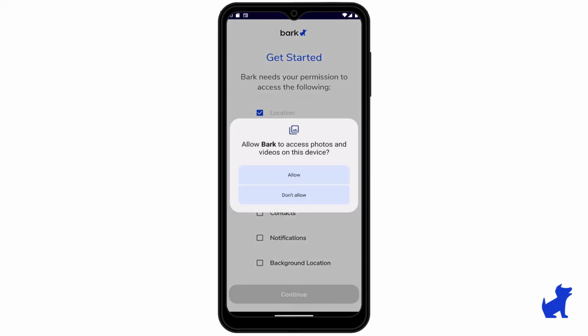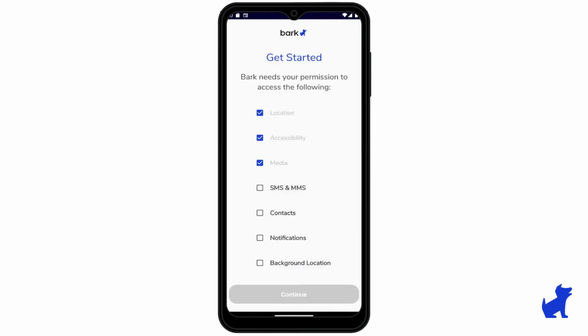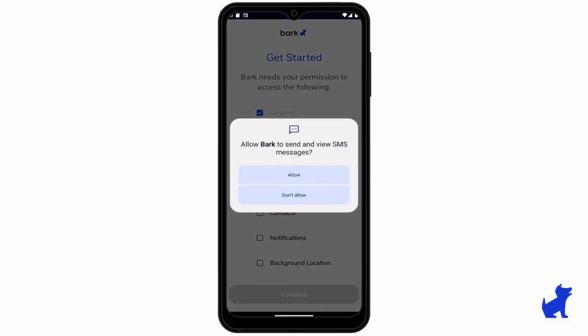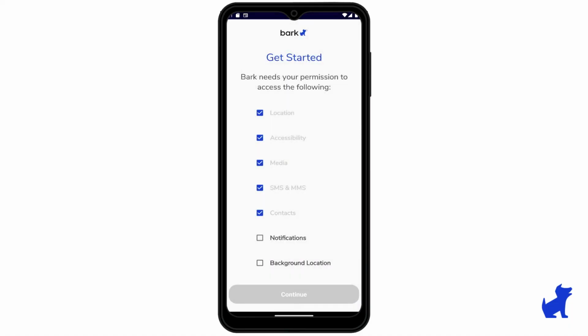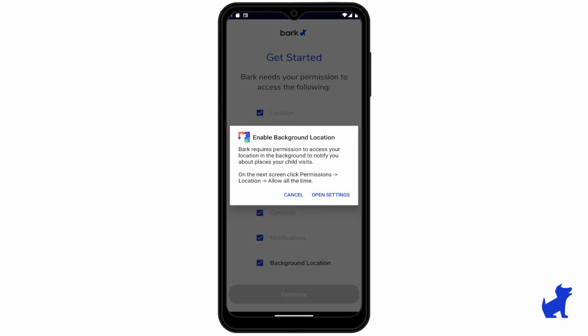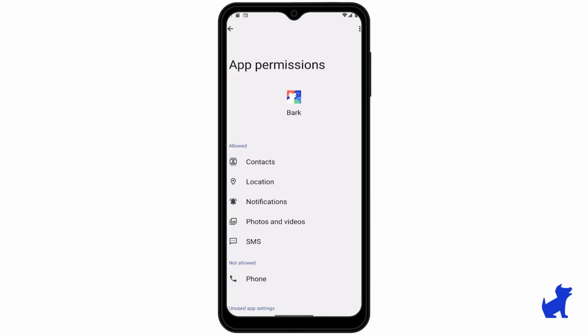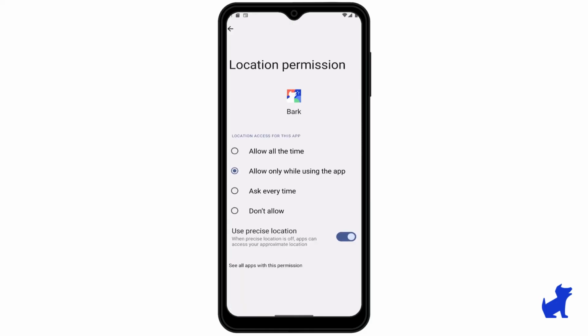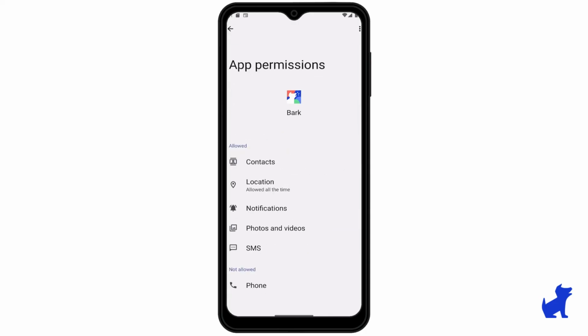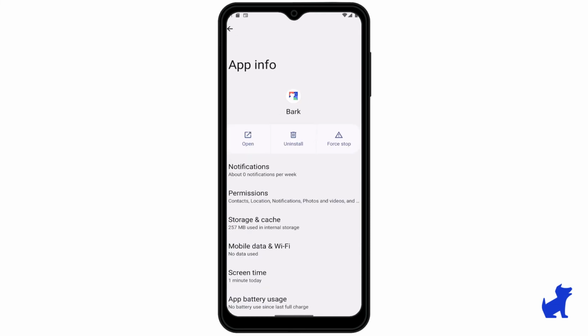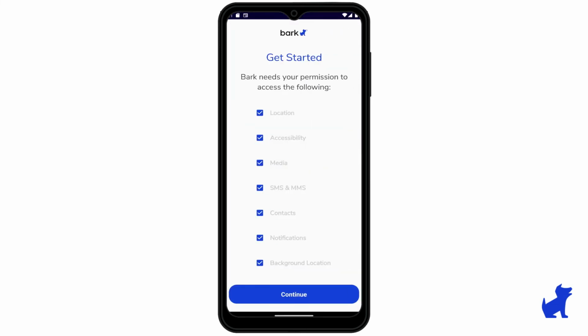Then continue allowing the rest of the permissions. Lastly, if you see this background location permission, you'll tap on Permissions, tap on Location, and tap on Allow all the time. Make sure Use Precise Location is enabled too. Then tap back a few times to the Bark Kids app again, tap Continue,